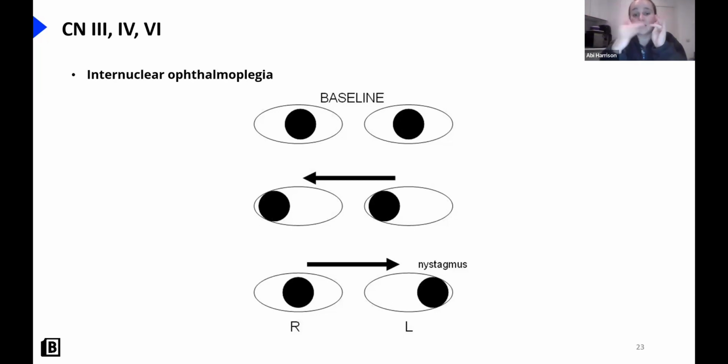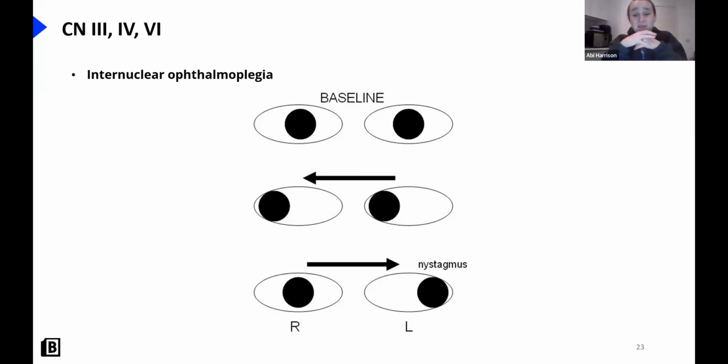And that's because that nerve is responsible for communicating between the eyes. You'll also get nystagmus of the eye that's working normally, just as it's trying to pull the other eye to look the other way or flick back and forth to try and stimulate that movement. So I think sometimes this confuses people a little bit because it doesn't really fit into a specific palsy. But if you think about an isolated